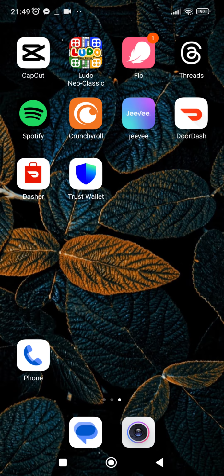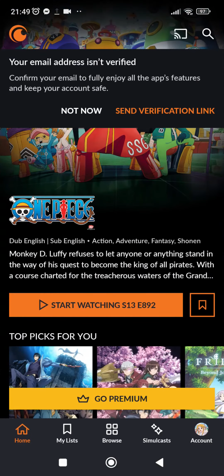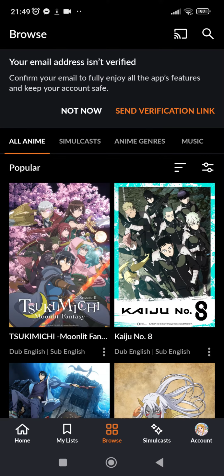First of all, go ahead and tap on the Crunchyroll app. After you do that, you'll be entering the home screen of your Crunchyroll application. Now go ahead and tap on Browse, which is at the bottom and middle, and then go ahead and tap